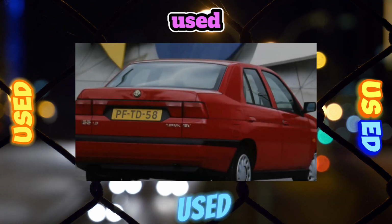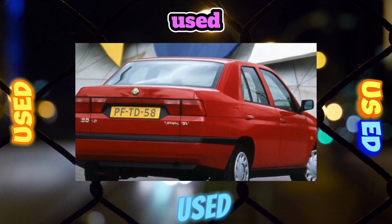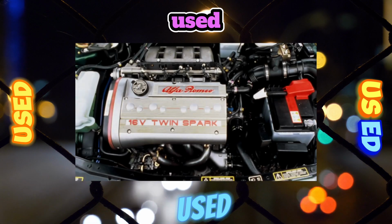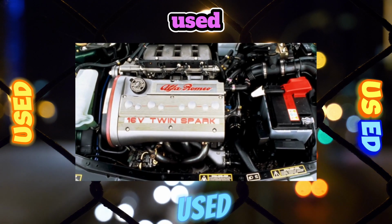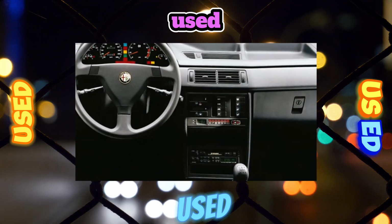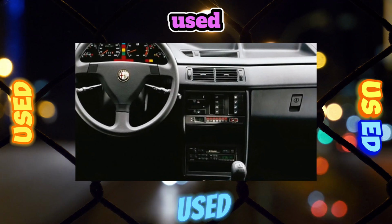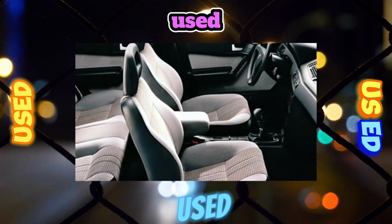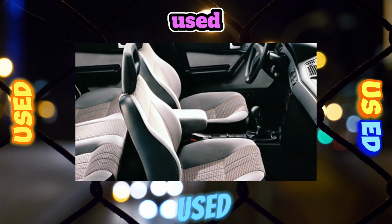Electrics. The most significant drawback of the 155s is the poor quality of the wiring. Numerous plug-in connections in the engine compartment are also prone to oxidation, which leads to failures of sensors and assemblies in the engine. Transmission. As a rule, we operate cars with a quite reliable 5-speed manual transmission, the maintenance of which